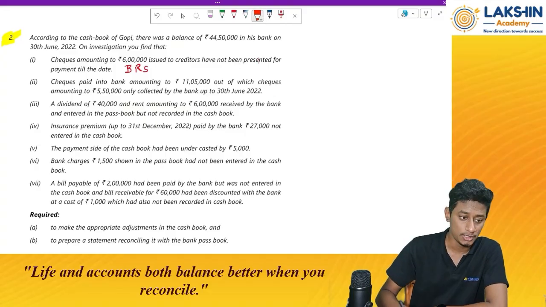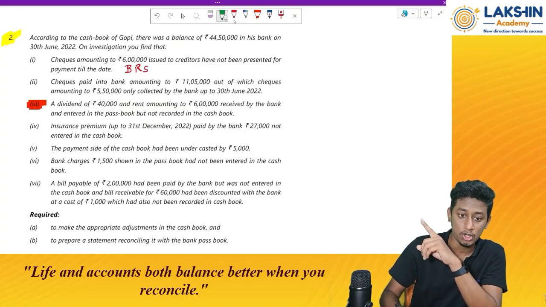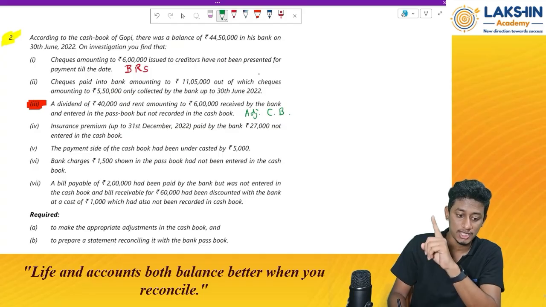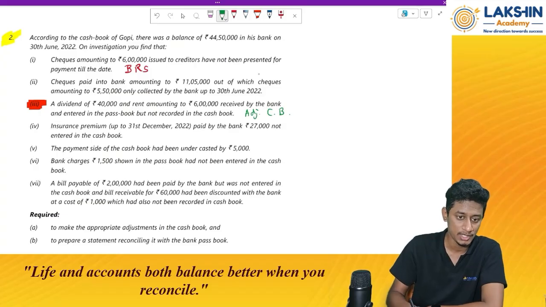This is my fault. So let us mark this. This is supposed to be taken to what? To my adjusted cash book, because the cash book is not yet closed as per the question. So we will just make the entries in the adjusted cash book, and then take the balance to the bank reconciliation. Then going ahead,